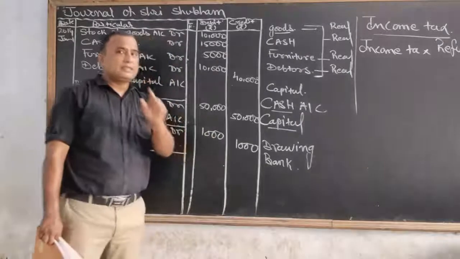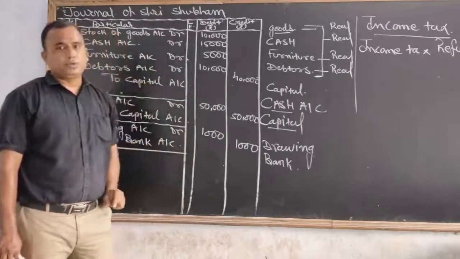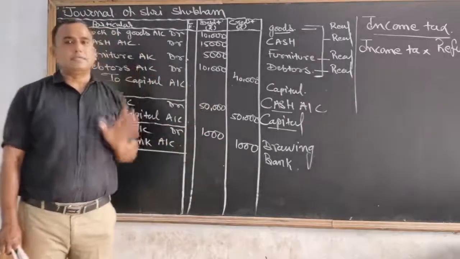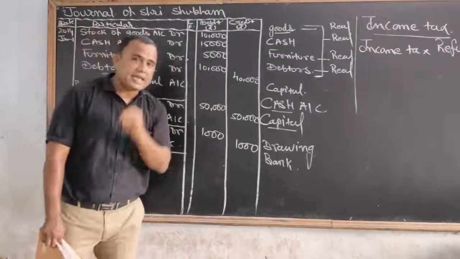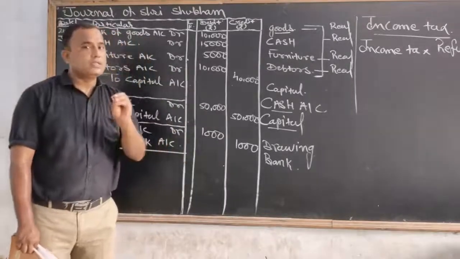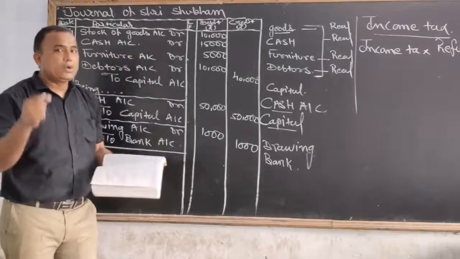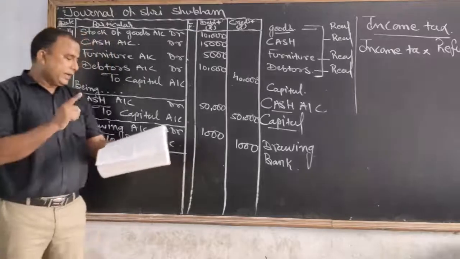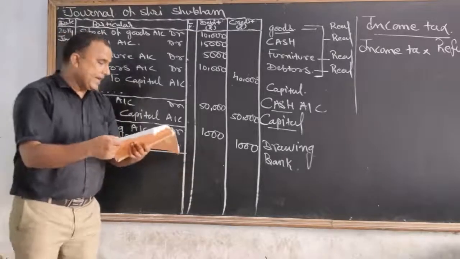So we do not pass this entry in our accounting book, but this amount brought in the business. कि भाई ओनर अपनी पर्सनल इनकम बिजनेस में लेके आया, that's why this transaction is concerned with the business. So we have to pass a journal entry about the income tax refund amount brought by the owner in the business, transaction number 15 with the bank account.